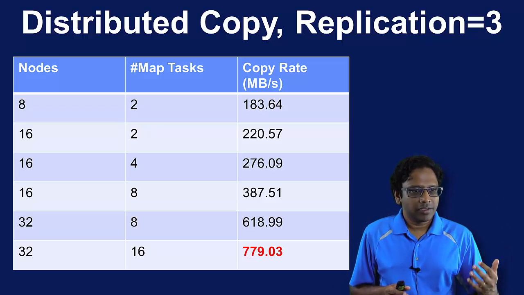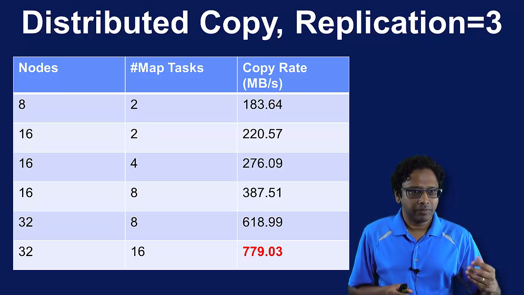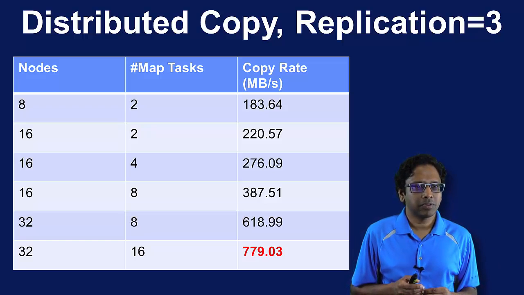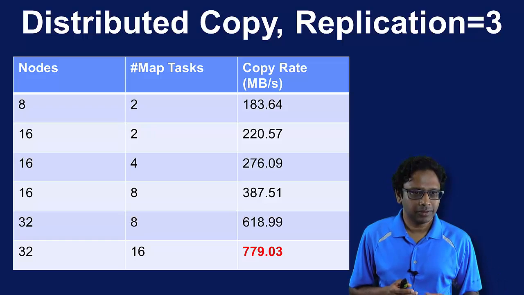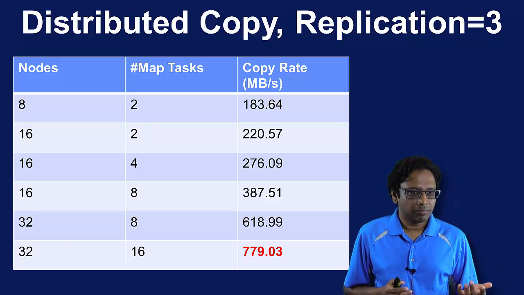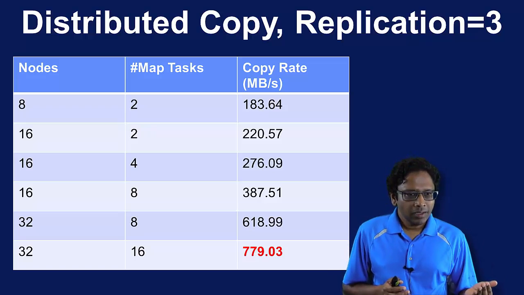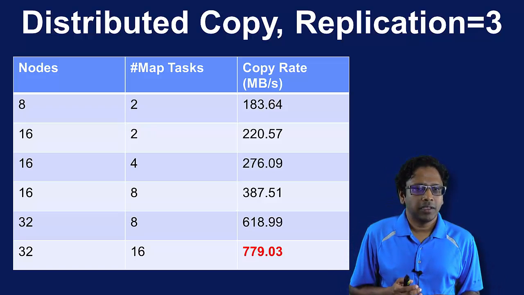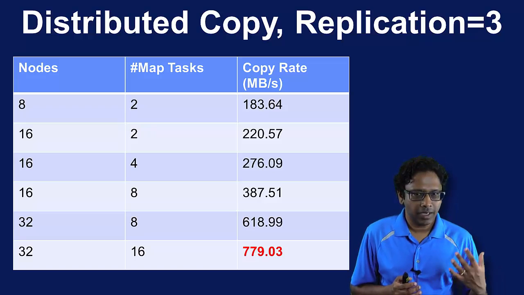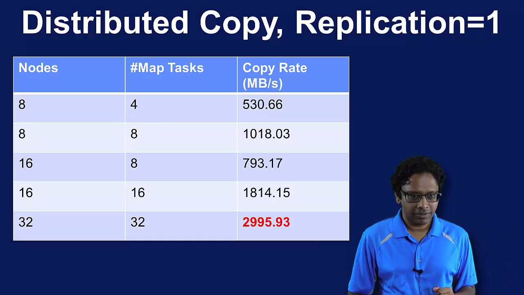Now, one thing you'll notice is as you increase the map tasks with the same number of nodes, you get a little bit better performance. So if you're looking at the 16 node case, you go from 220 megabytes per second with 2 map tasks to 387 megabytes per second with 8 map tasks. So that obviously matters. And then the other thing you notice is when you get up to 32 nodes, you're getting about 779 megabytes per second. So keep that number in mind